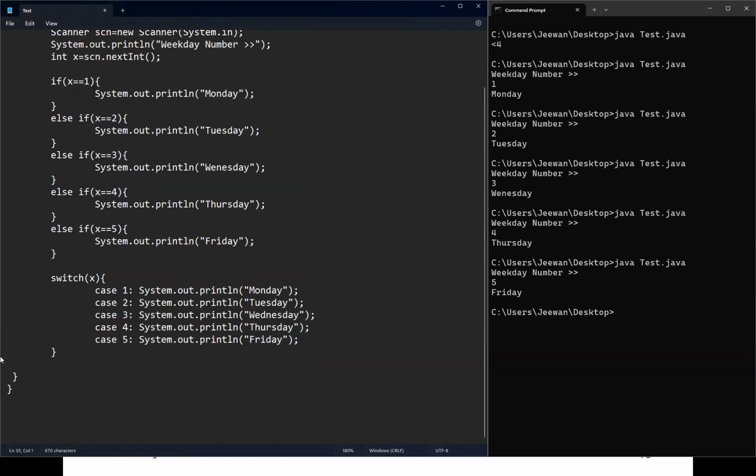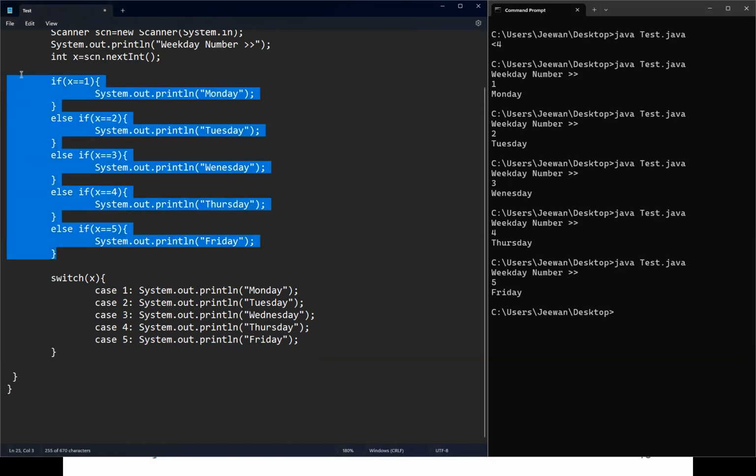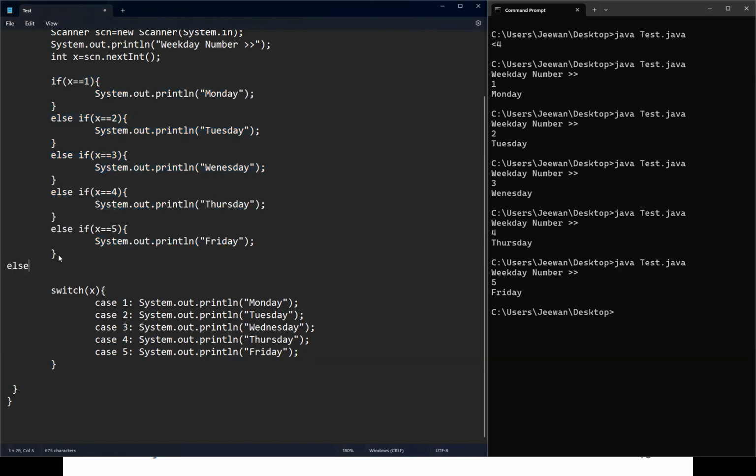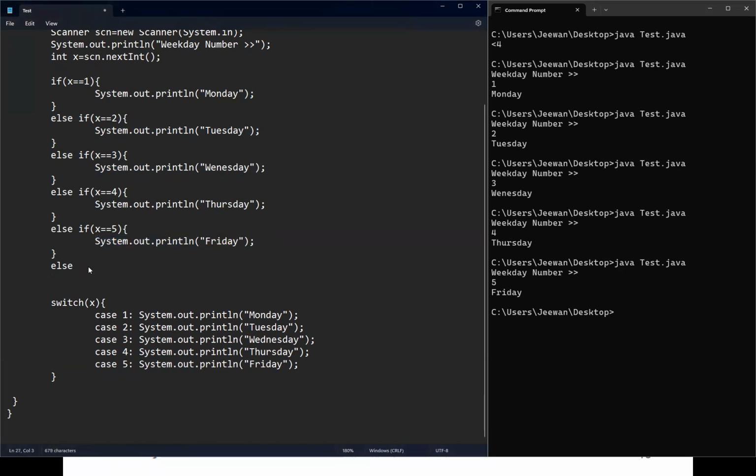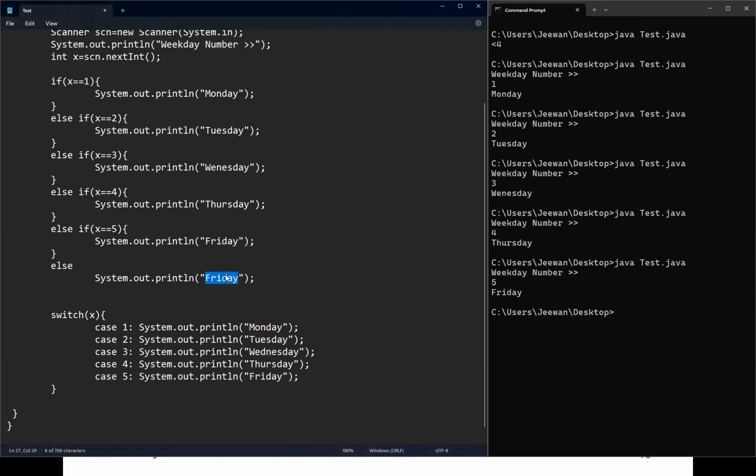Right. Okay, then we can have it like this. Right, now let's remove this. You can see how easily we could manage the same thing. And let's say you had an else statement saying invalid day or something, if you want to display invalid if the user enters something other than 1, 2, 3, 4, or 5. If you enter a different number apart from 1 to 5, you want to say invalid, then that is also